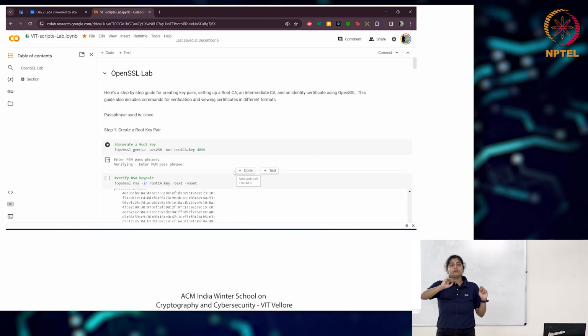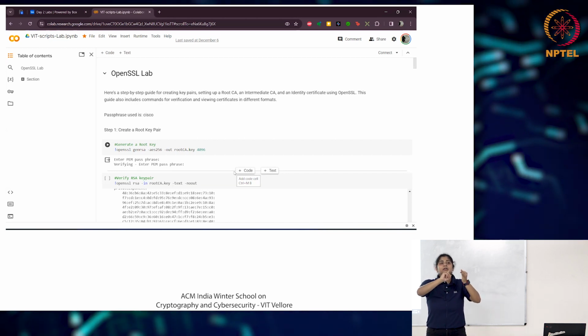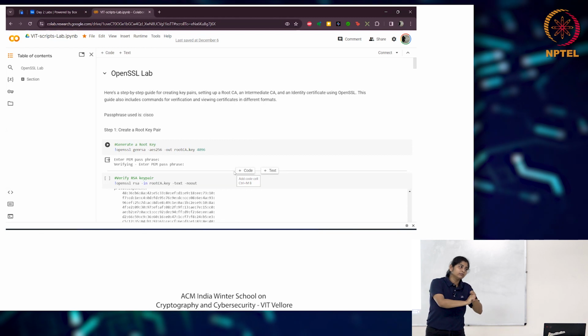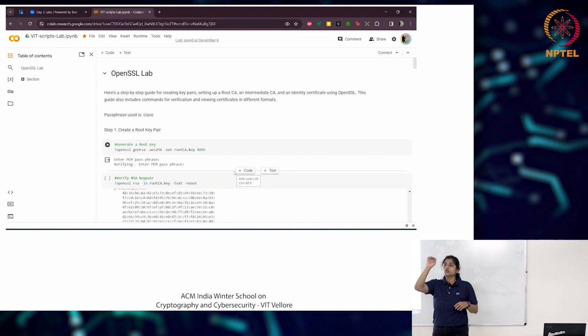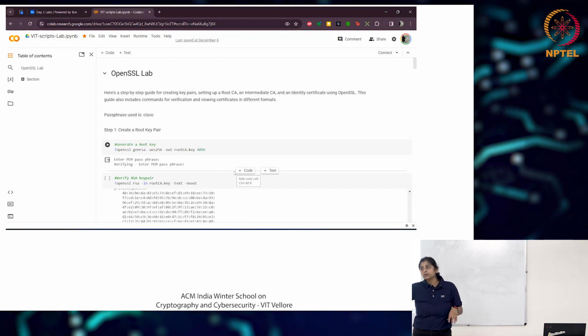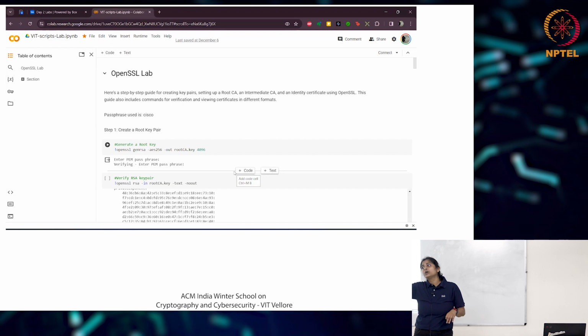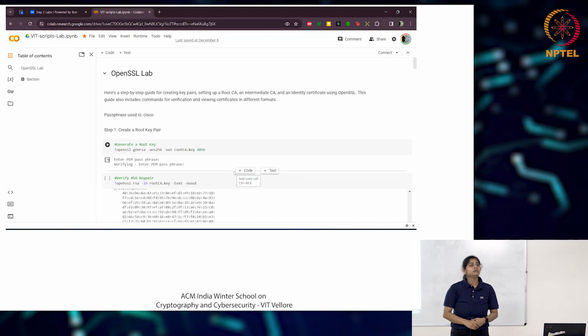In PKCS 12, it's special. It has the keys, the identity and the CA, all of the information in one file. So you can just encode it, encrypted using a passcode. Whenever you want to install it on a device, you select the PKCS 12 and you enter the passcode again and it will install it.